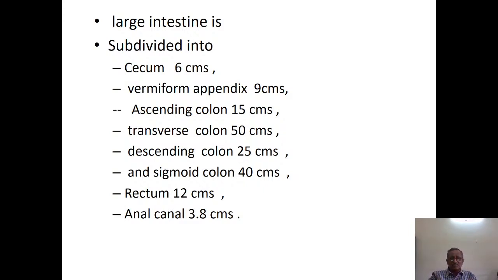Now the large intestine is subdivided into, this is the important thing, because whenever there is a question on the GIT, you will be given a question like, name the parts of the GIT, then we have to mention the large intestine or stomach or duodenum, or esophagus. So again I repeat the various parts of the GIT, the gastrointestinal tract. Starting with the mouth, it has a vestibule and oral cavity. In the oral cavity we have the tongue and teeth, then pharynx, then esophagus, then stomach, then small intestine